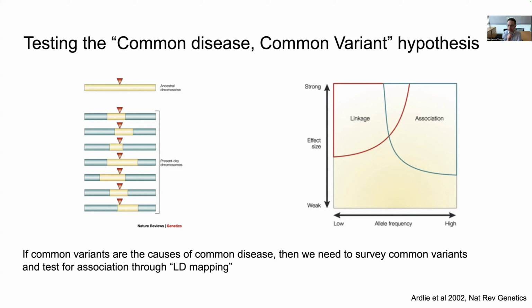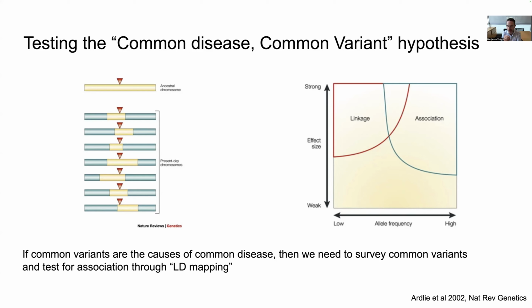perhaps, unlike rare disease, which are predominantly driven by low frequency or rare variants, maybe even de novo variants, perhaps common, more prevalent disease is actually driven in large part by common genetic variation. And as a result, maybe what we actually need to do is capture patterns of common genetic variation and their patterns of LD concomitantly, so that ultimately we can do the linkage, the LD association mapping approach that we want,